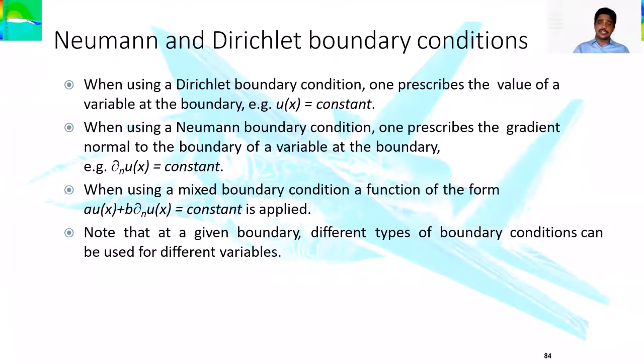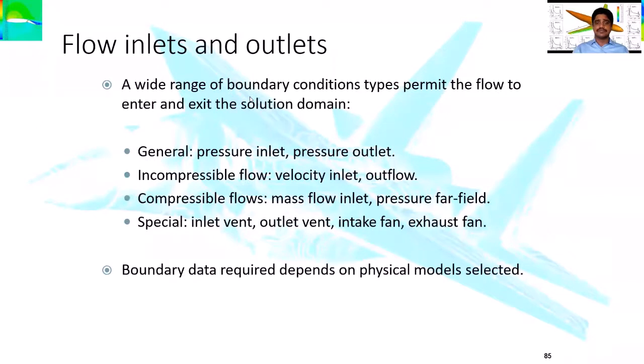What the Neumann and Dirichlet boundary conditions state is, for example, if the Dirichlet boundary condition is along the axial direction, the Neumann condition will be in the perpendicular direction. These Neumann and Dirichlet boundary conditions are utilized in order to investigate the flow movement or flow variation along that particular direction. And in some cases, it has to go in a mixed way, not only along the x direction, not only along the y direction, or not only along the z direction, but in a combination of two. In that case, we will call it a mixed boundary condition.